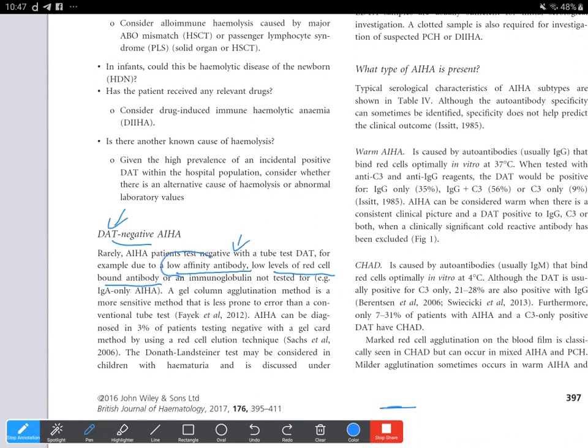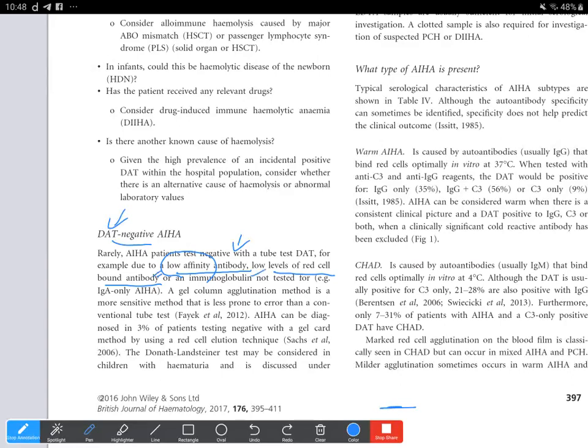That would actually require a certain number of antibody molecules to be attached to the surface of the red cell. For a positive DAT, they've given certain values also, that the DAT can be detected at about 100 to 500 IgG molecules per RBC, and 400 to 1100 C3d molecules per RBC. So these are some of the limitations: if there is a very low titer of these antibodies, they may not be detected. Even a low affinity and low levels of these antibodies may not be detected.